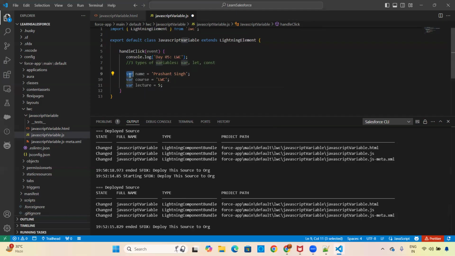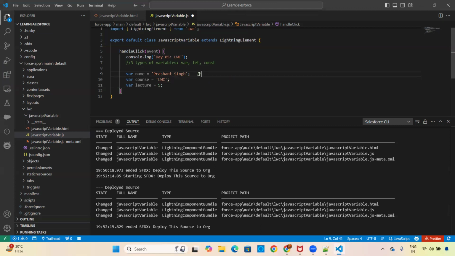What I'm using is just var. var for the string, var for the number, the integer, right? That is the beauty of JavaScript variables, that you just declare the variable, and whatever type of data you pass into that variable, it will automatically understand that, okay, now my data type is this. For example,